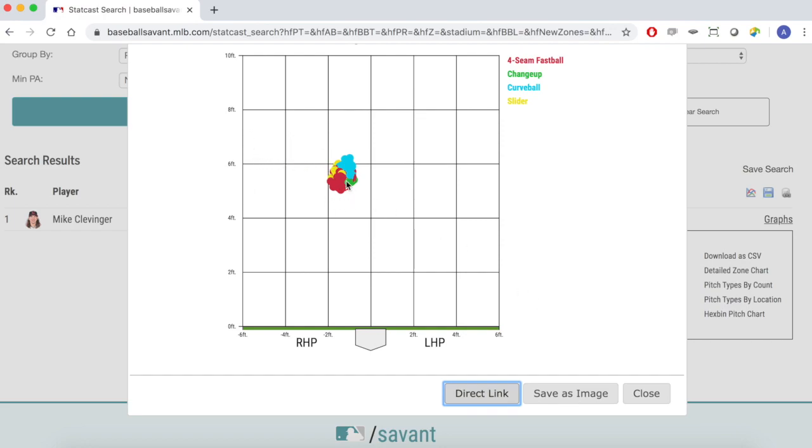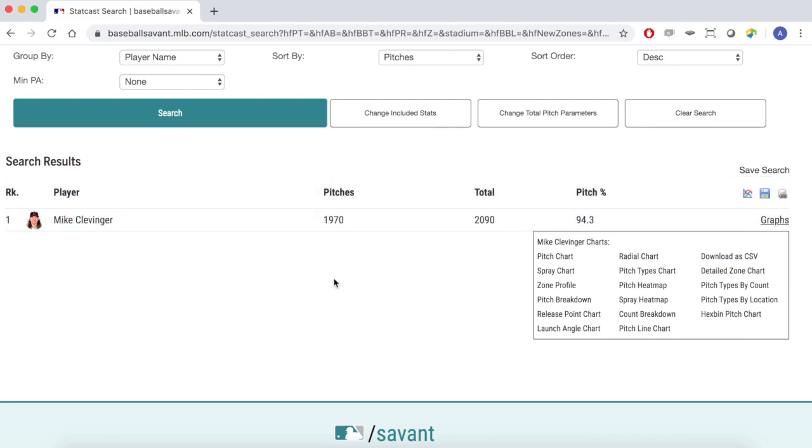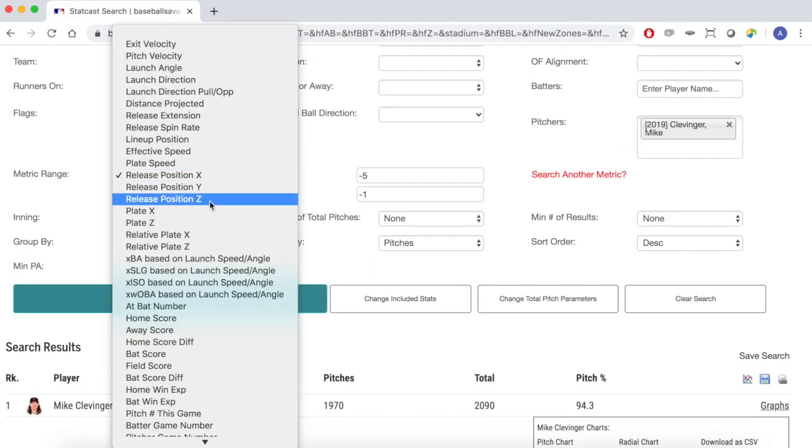Okay, so hopefully that's a little bit clear. If we wanted to search release point X for a lefty, if we wanted to search this for Clayton Kershaw, then you would search for anything between +1 feet or 5 feet, as opposed to what we just did there for Mike Clevinger. So the same axis alignment is actually going to be true for plate X and plate